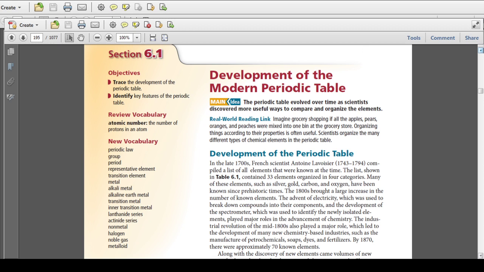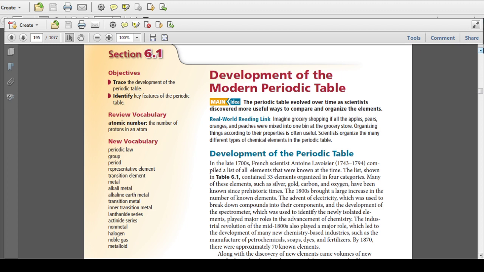element, transition element, metal, alkali metal, alkaline earth metal, transition metal, intertransition metal, lanthanide series, actinide series, nonmetal, halogen, noble